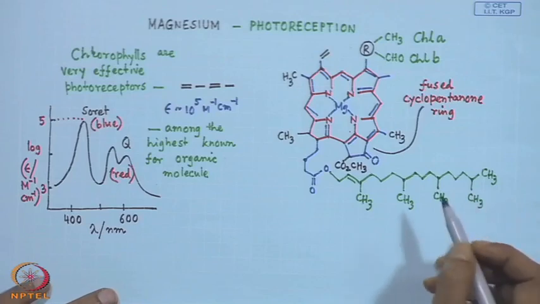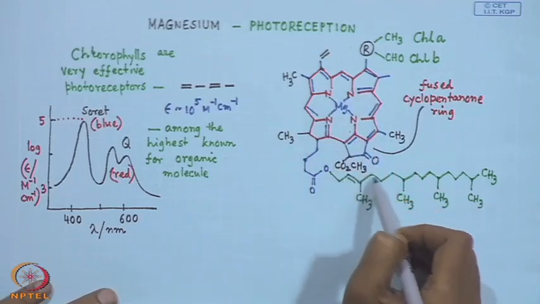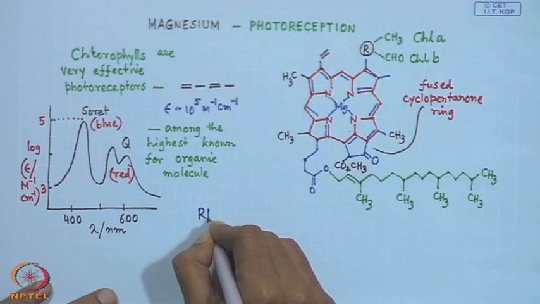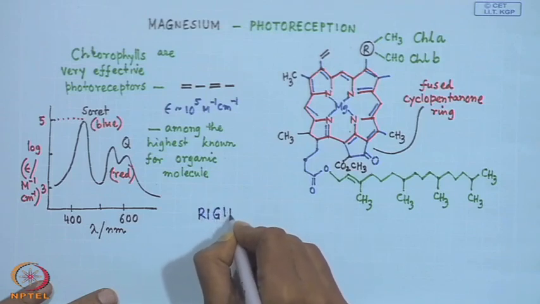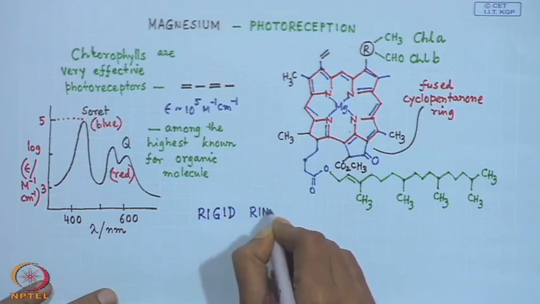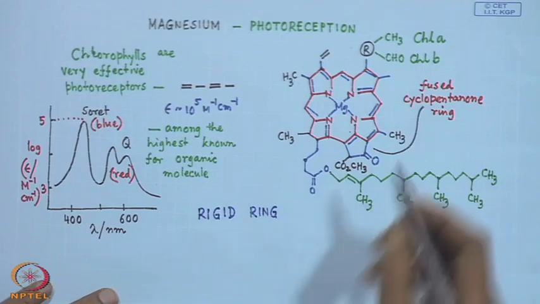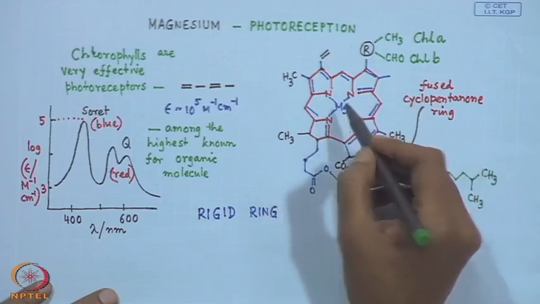So, what we have is 4 tetrapyrrole units, plus we have a fused cyclopentanone ring, basically providing us something which we consider a very rigid ring. So, we get a rigid ring as a ligand and which is strongly attached to magnesium,